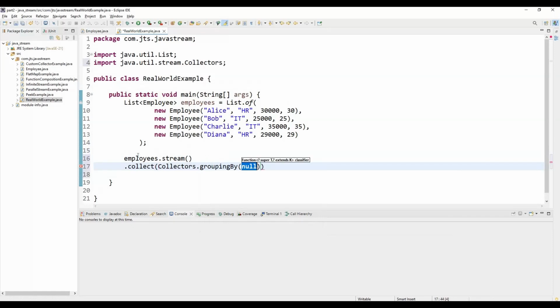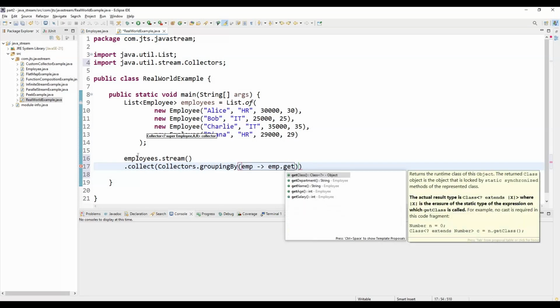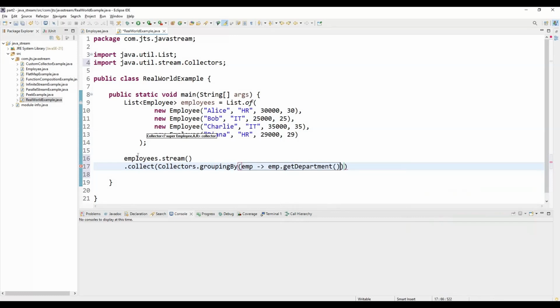Here we need to write one function, based on the department: employee dot getDepartment, comma, Collectors dot average